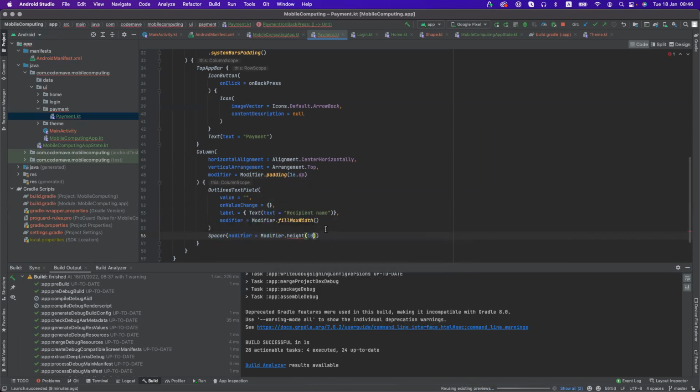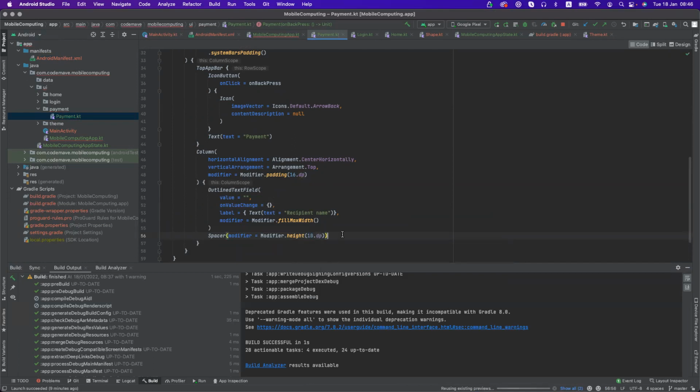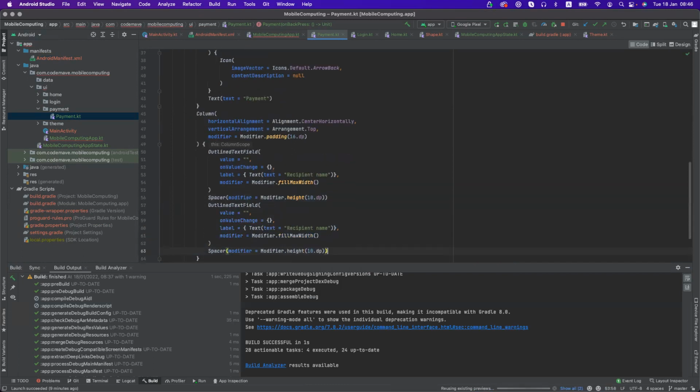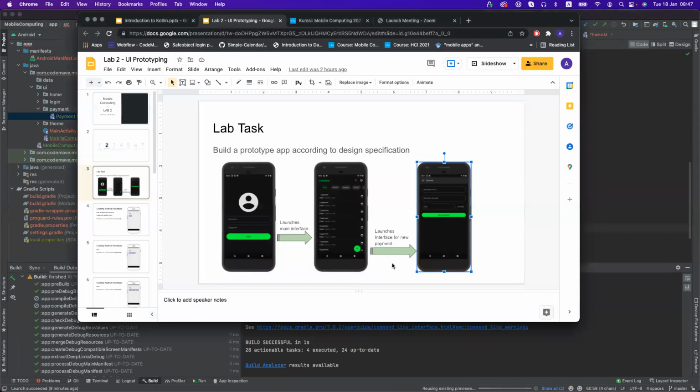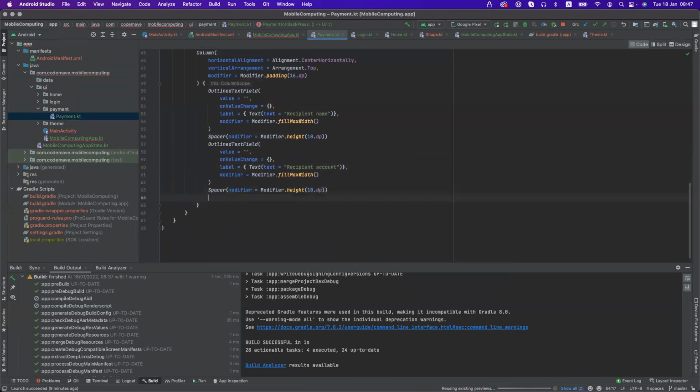Height, we give it 10 dp. Okay, so let me see if my copy paste is going to work here. Copy. Okay. Copy paste recipient. We need a recipient name, a recipient account, and then